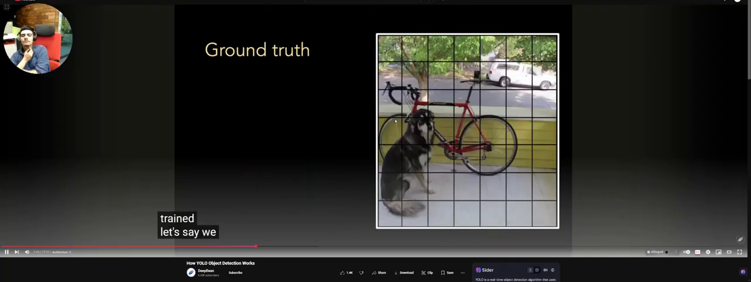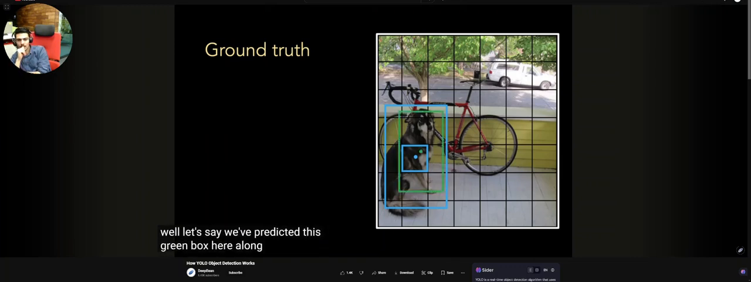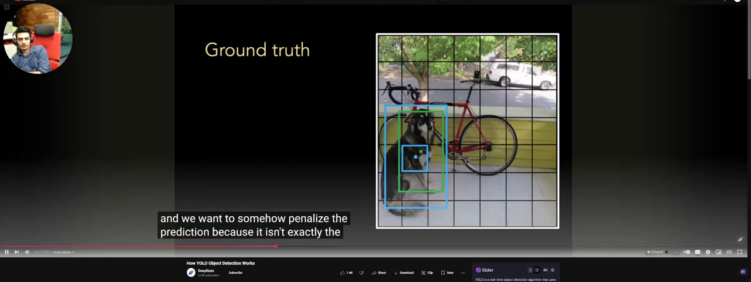Let's say we are trying to predict this bounding box. Now the center of the bounding box is at this point here, so this grid cell will be responsible for it. Let's say we've predicted this green box here, along with the 5 parameters that define it: the XY location, the width, the height, and the confidence. And we want to somehow penalize the prediction because it isn't exactly the same as